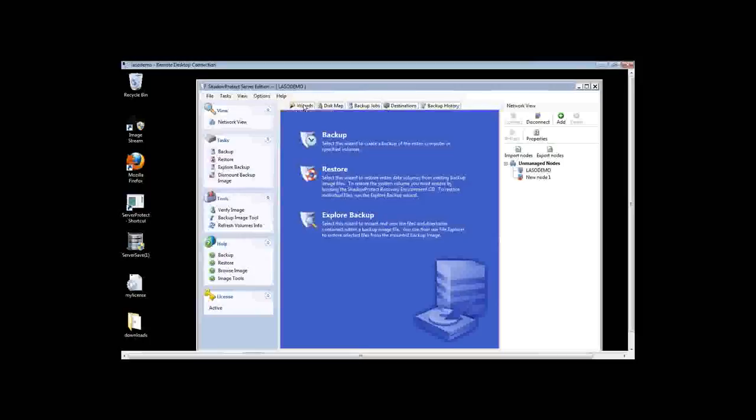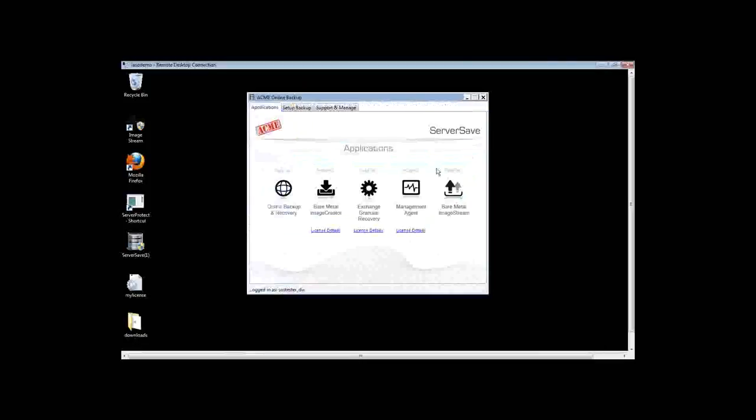Now, we already have a lot of images or backup jobs running on this thing, so we're just going to go to restore. Well, actually, first, okay, we've created a job to back up. Now let's take it off-site. So we close this, and it gets into